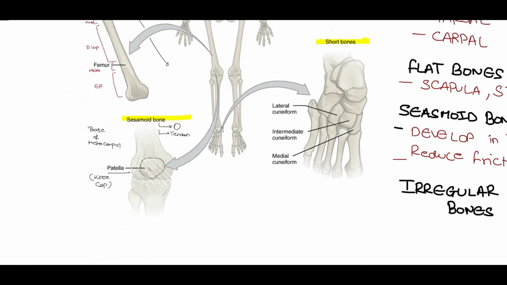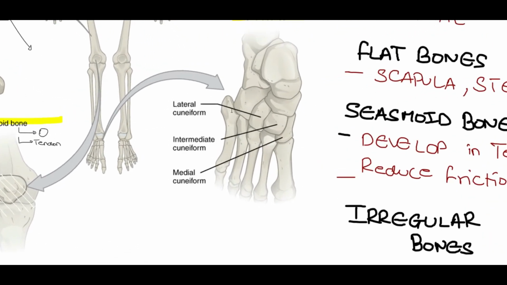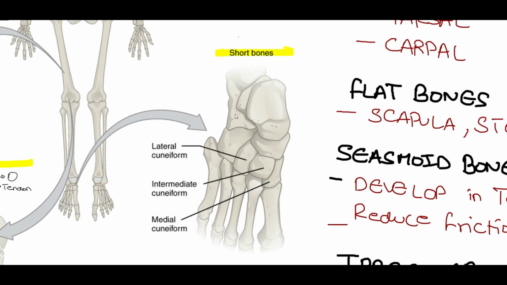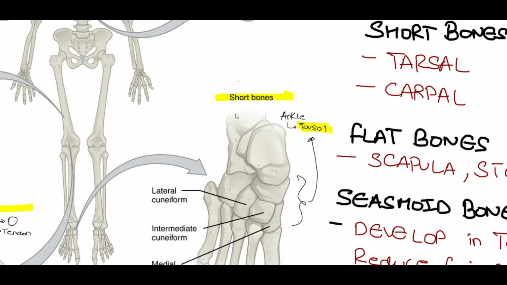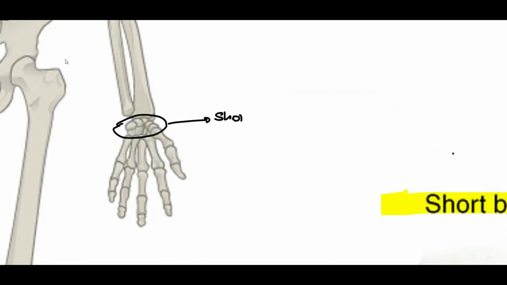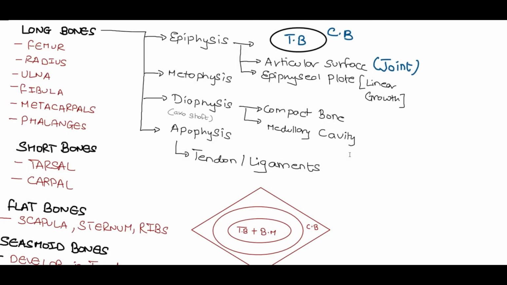Now let us take a look at the last type of bone which we have, that is the short bones. In the short bones we have the bones which are present in the region of the foot, in the ankle region, and in the region of the hand, in the wrist region. So here in the region of the ankle we have the tarsal bones which are a type of short bones, and also in the region of the wrist, which can be seen here, we have the short bones which are the carpals. So here is a quick summary of the examples and the types of bones which we have studied.